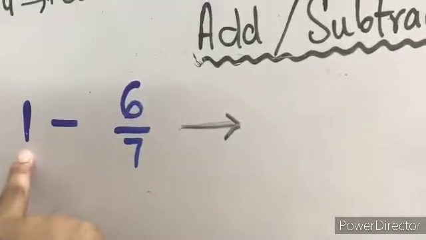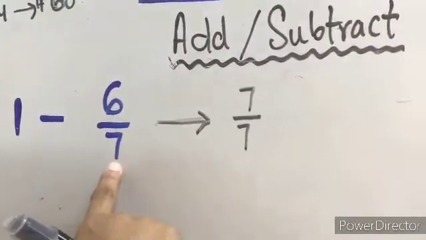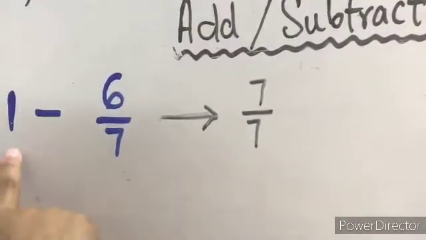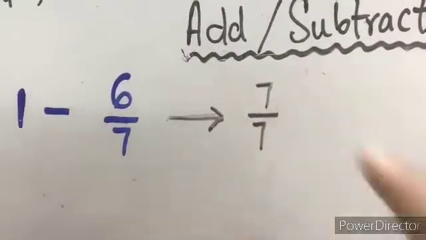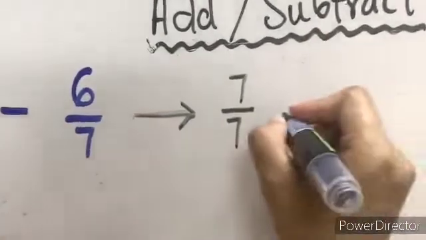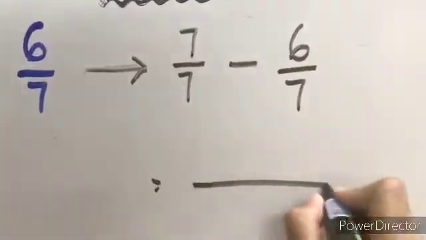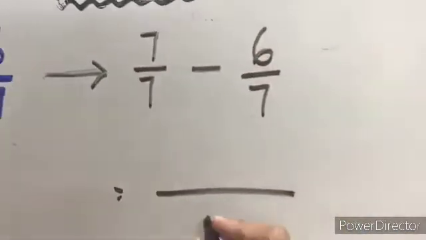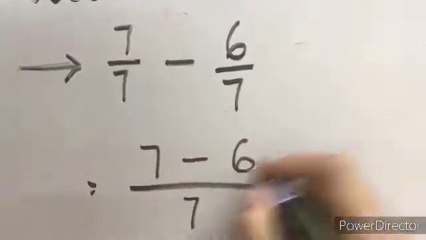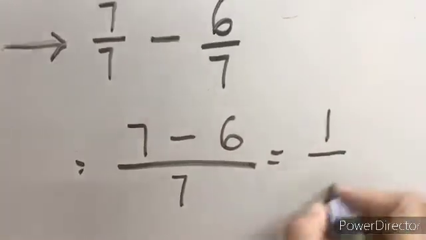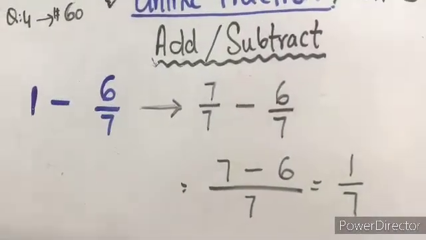1 whole means 7 by 7, because your denominator is 7, and you know that 1 whole is equal to 7 equal parts. So you will simply write the fraction like this. 7 by 7, minus, 6 by 7. You will put down here. Now see, the denominators are same, so no need to change anything. Write 7 like this. Put the values like this. And 7 minus 6, 1. By what is the denominator? 7. And that's all. Good luck. Practice and do it well.